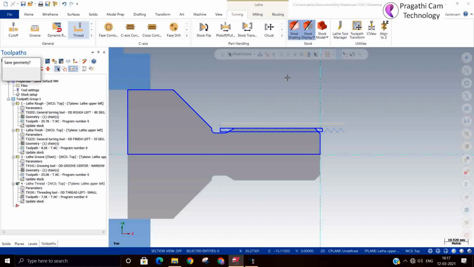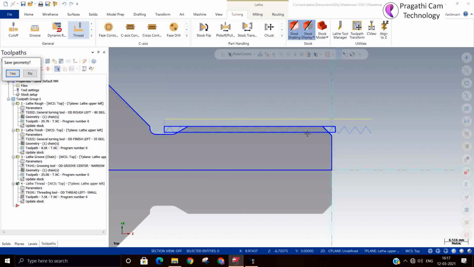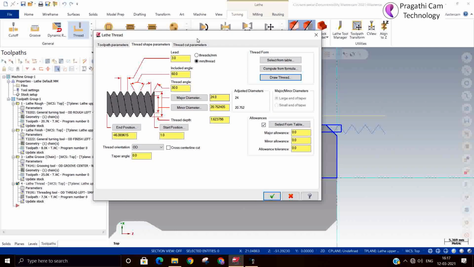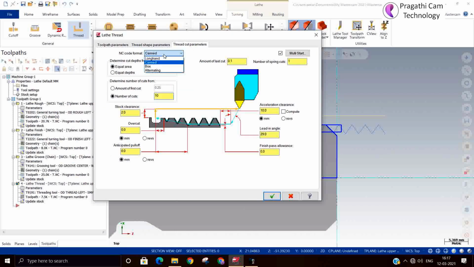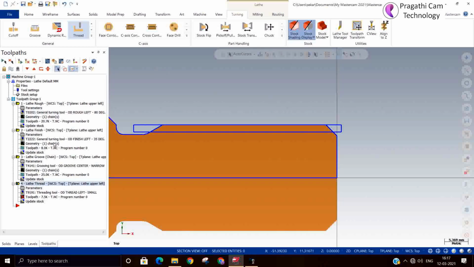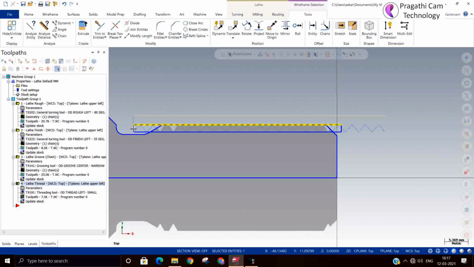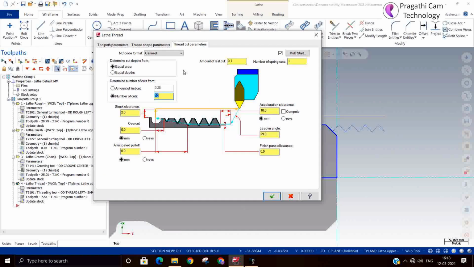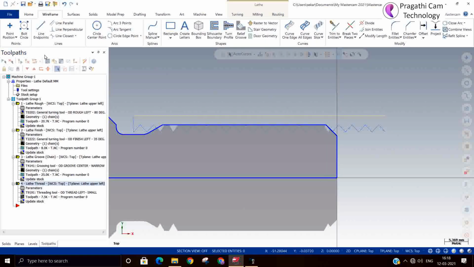There is one more option: you can draw the thread also. After making your thread, you can see there are options available: long hand, box type and can cycle. So we'll regenerate and see. If I set draw thread, it makes the profile, so I deleted this. Now I kept can cycle, and I will generate the NC file.